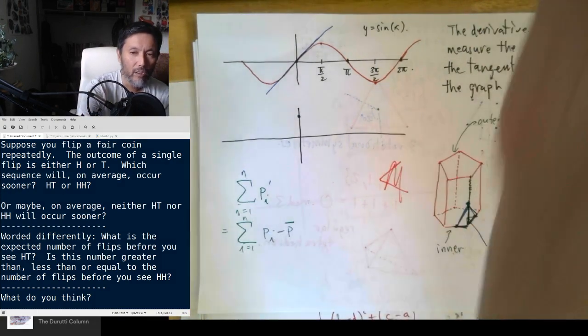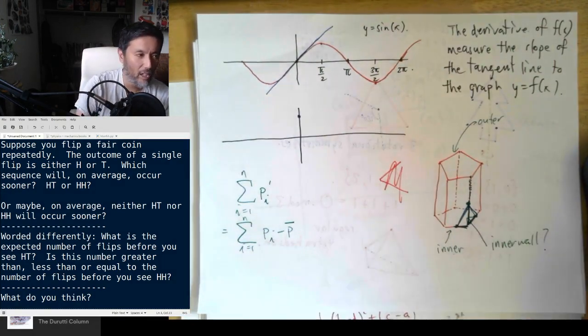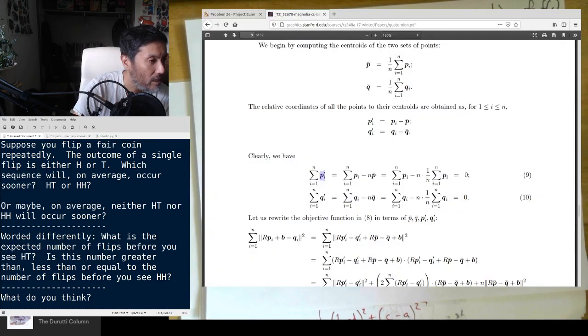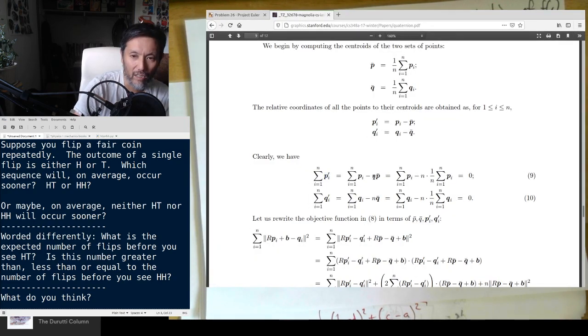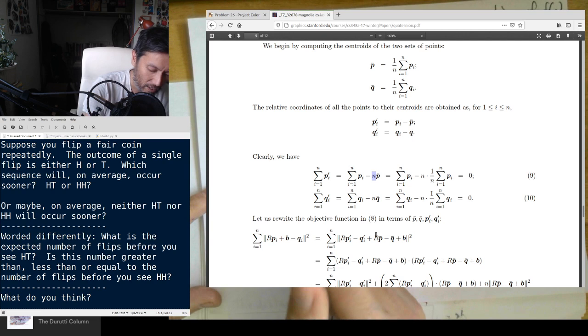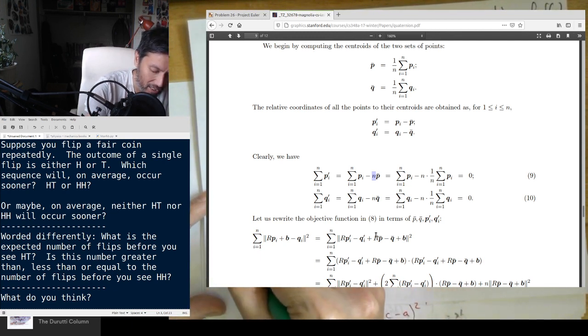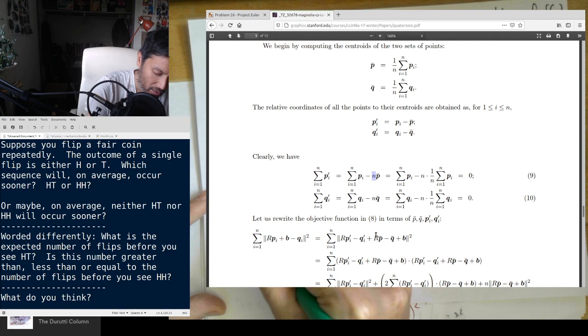But what's confusing is you see that n there in the document. It's very confusing because of this n right here. This n right here is annoying. And the reason it's there is because, and they didn't write this very clearly, in fact you can write it instead like this. What they mean to be writing is this: minus np bar plus the sum from i equals 1